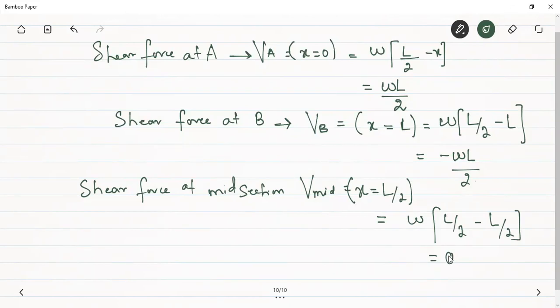Now we have to do the bending moment calculations. Can you write the bending moment equation at section 1-1? Bending moment at section 1 is the algebraic sum of all the moments, including the reactions. What forces will be responsible for the moment at section 1? Tell me. AY will be responsible for moment, and apart from that, the UDL omega x.